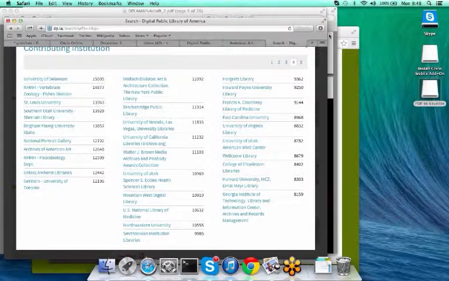So I think I would like to see DPLA expand so that there's a greater diversity in terms of what content we have, and much more, I think, gradually more sophisticated in terms of what we can do with our